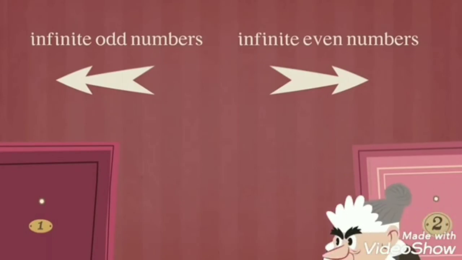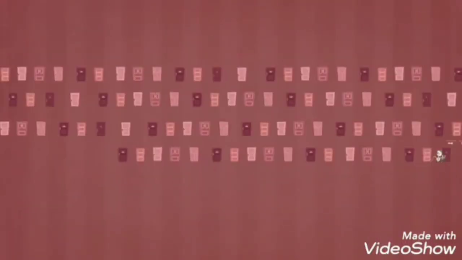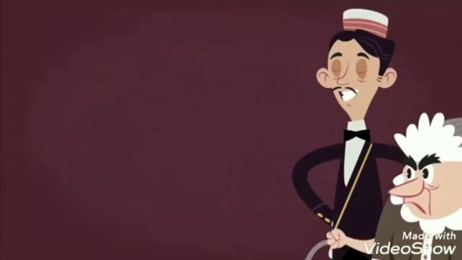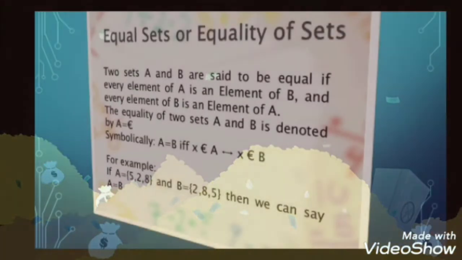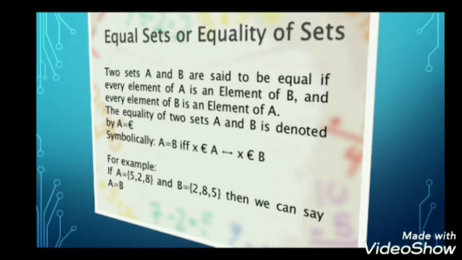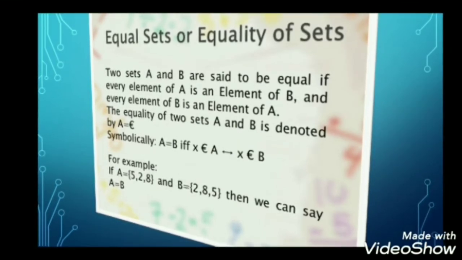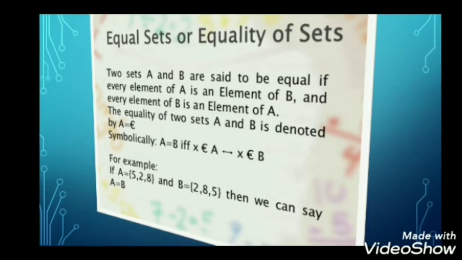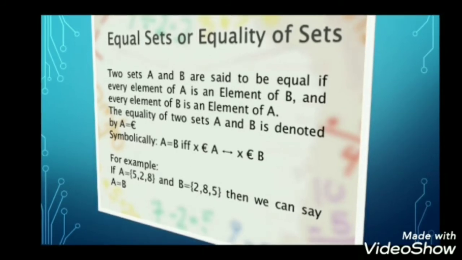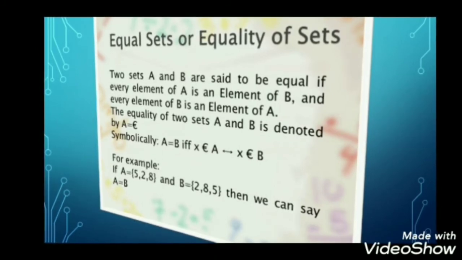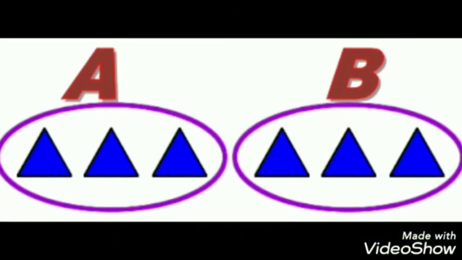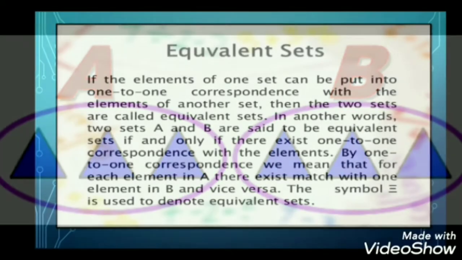Infinite is a totally abnormal topic. There may be no real life examples of it. Infinity is an abstract concept describing anything without any bound or any limitations. So this word, in short, is very fantastic and paranormal. Now let's come to our next topic, which is equal sets. Both sets have identical elements, that is, when an element in set A is also there in set B, they are called equal sets and are represented by an equal sign put between them. The order of the elements is not considered here, but it's necessary for the elements to be present in the sets.